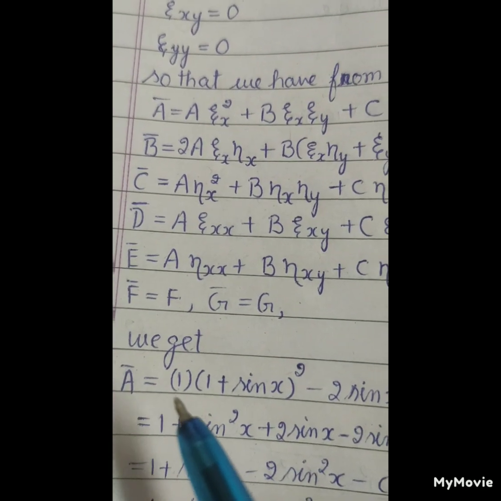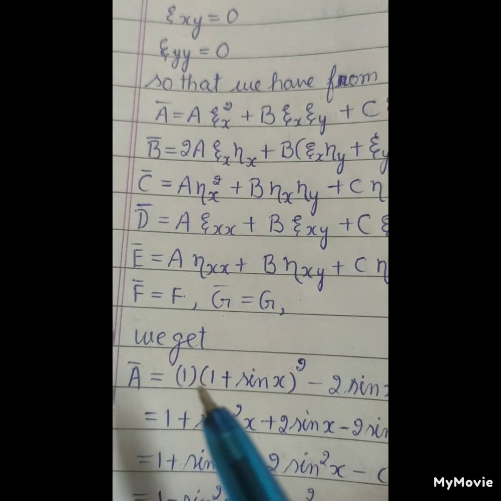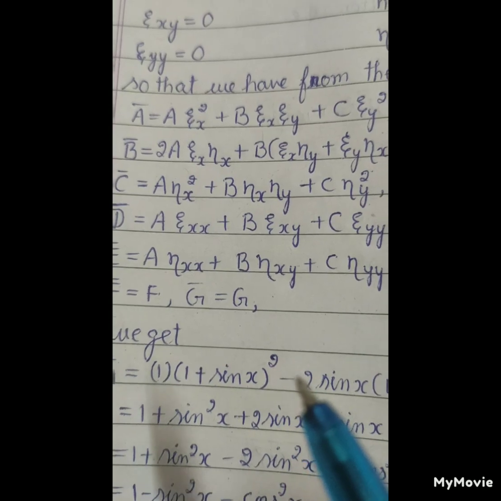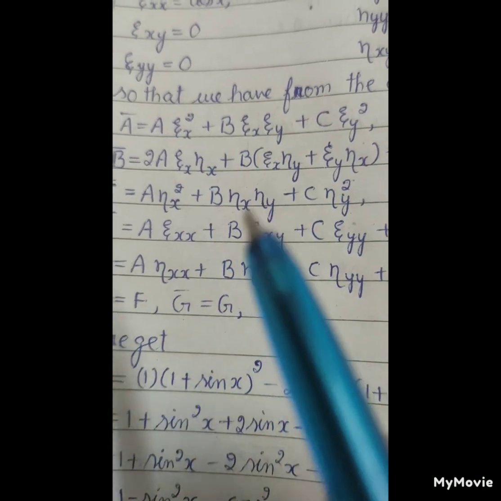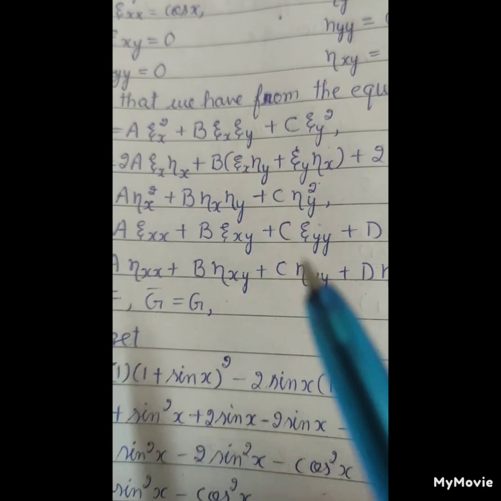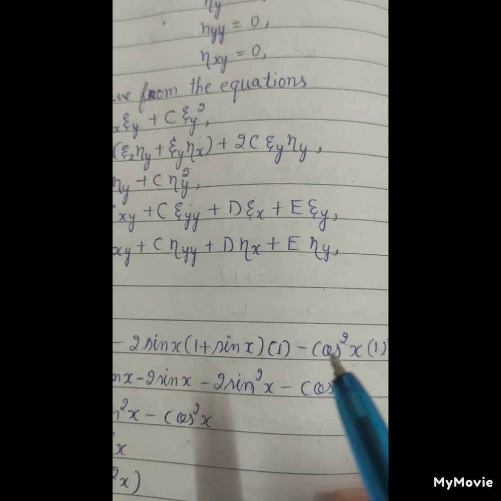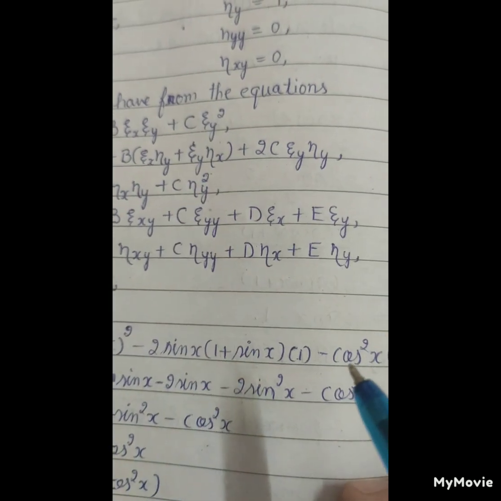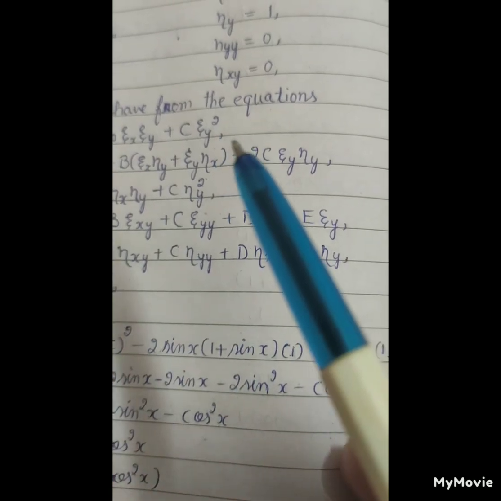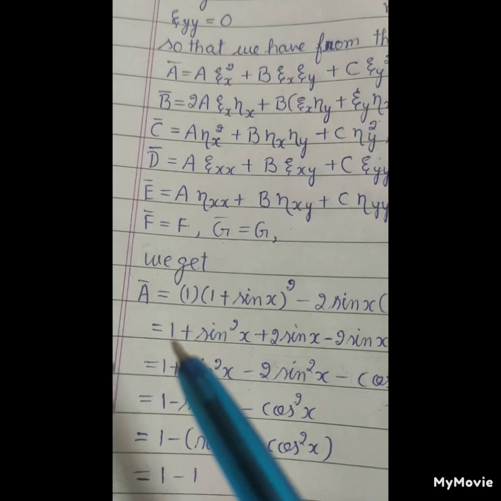We get A bar equals to 1, since A is 1, η_x squared is (1 + sin x) squared, minus B equals to minus 2 sin x, ξ_x equals to 1 + sin x, ξ_y equals to 1, minus C equals to minus cos² x, ξ_y squared equals to 1 squared, so equals to